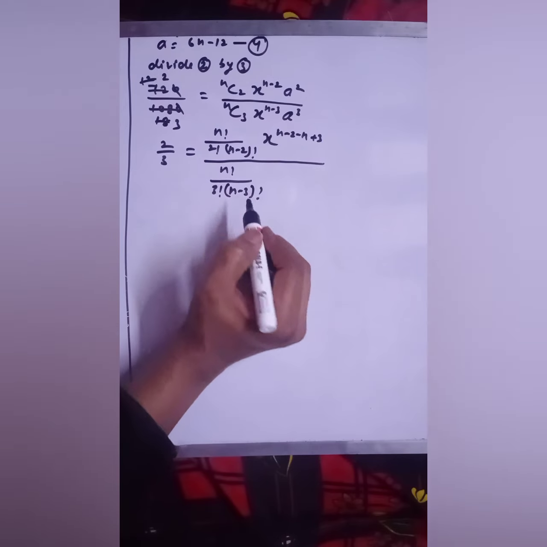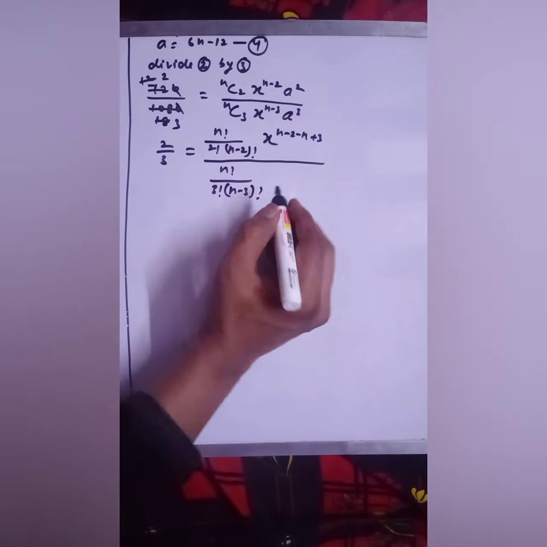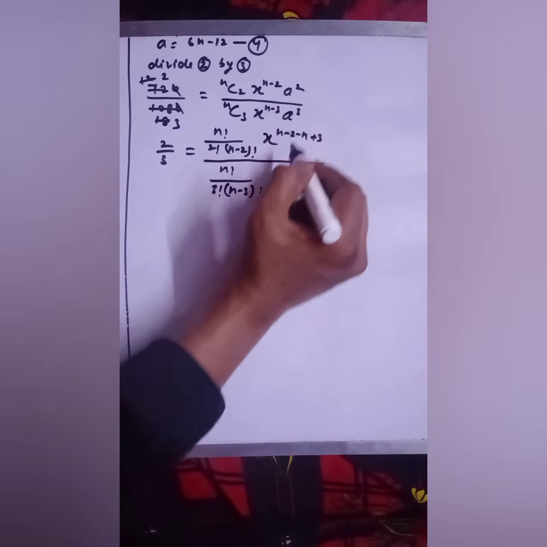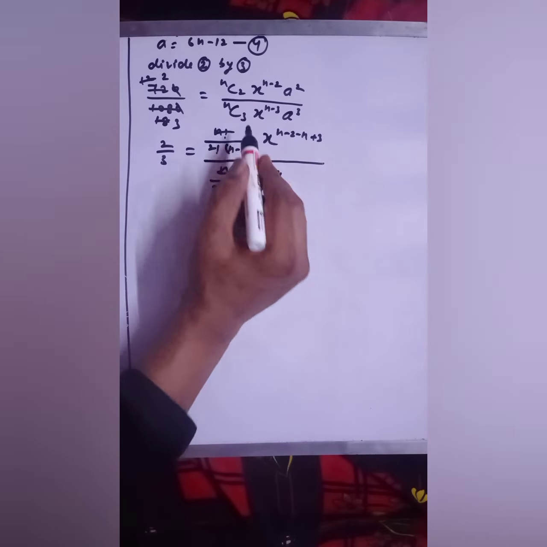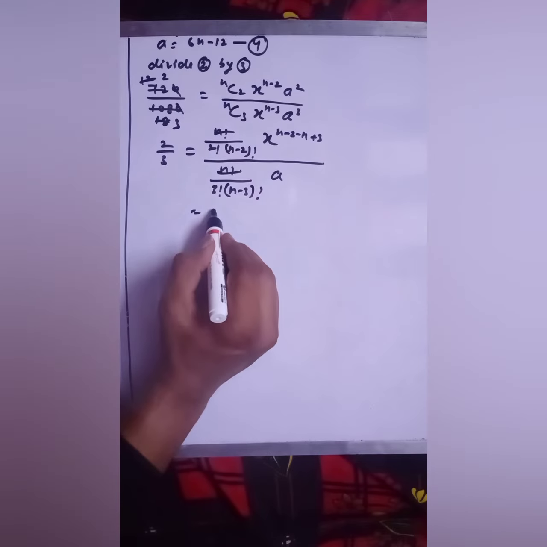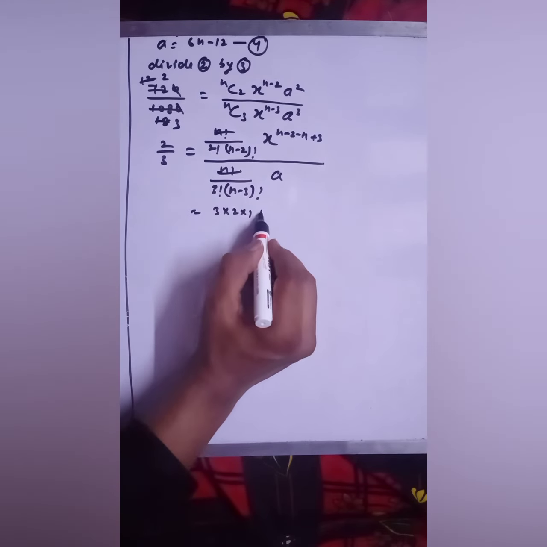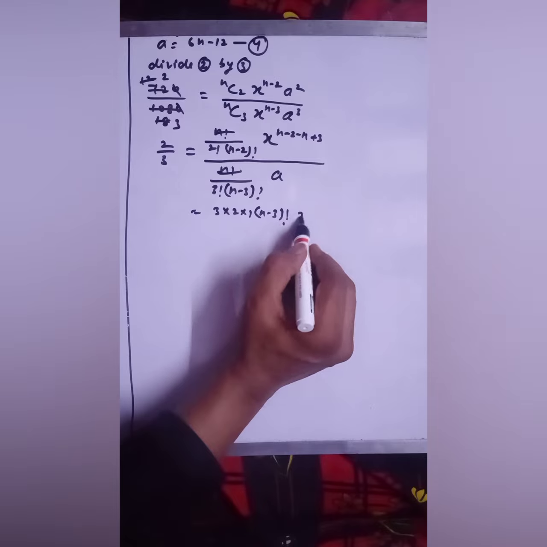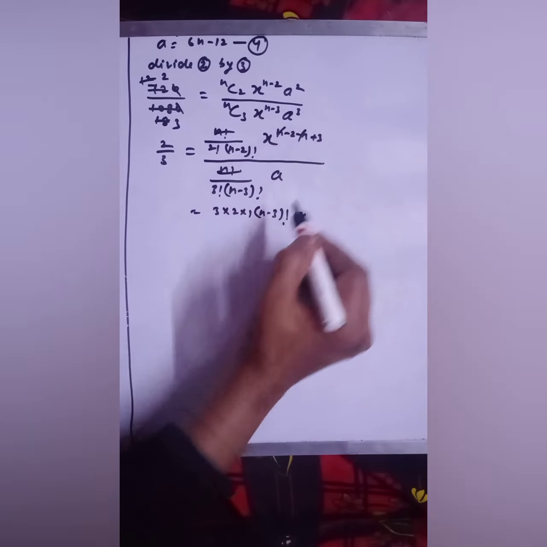सेम जैसे आपने उसमें करा ना, दोनों को डिवाइड करता, वैसे आप इसको भी सिंप्लीफाई कर दो. ठीक, एक्सप्लेन करने की कोई जरूरत नहीं पड़ेगी. ये a स्क्वायर से a क्यूब कटेगा तो a बचेगा. यहाँ पर n से n कट गया. अब मैं इसको ऊपर दिखा रहा हूँ, 3 इंटू 2 इंटू 1. इसको मैंने सॉल्व कर दिया और इसको भी मैं सॉल्व कर रहा हूँ. n minus 3 factorial, I'm writing this n minus 3, इंटू आपका आएगा बेटा x ओनली, बिकॉज n से n कट गया, x बचेगा.